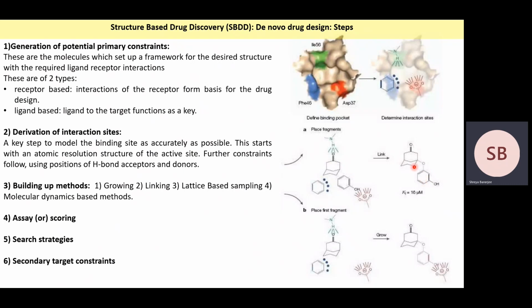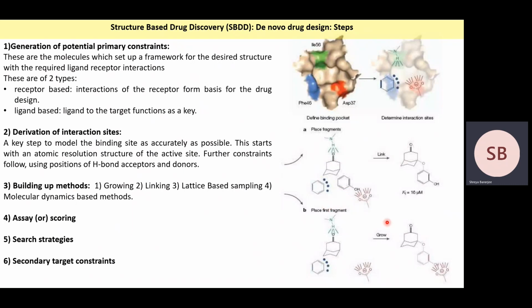They can be attached by covalent bonds to form the final ligand structure, or they can be grown. You can see here that the orientation is maintained according to what is predicted from the pharmacophore model. So building up methods include various ways by which the different pharmacophore features are linked in order to get the